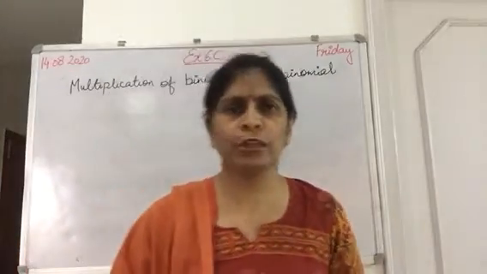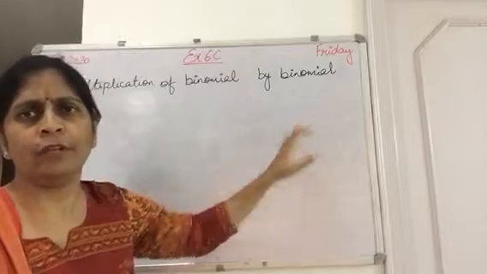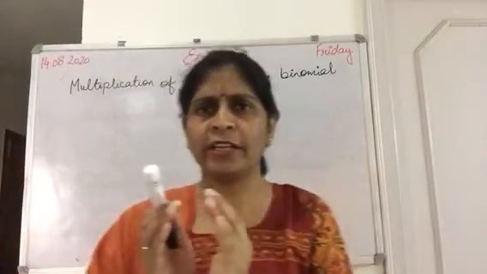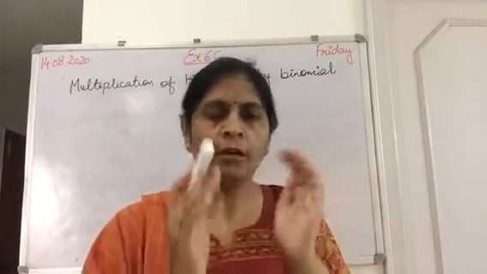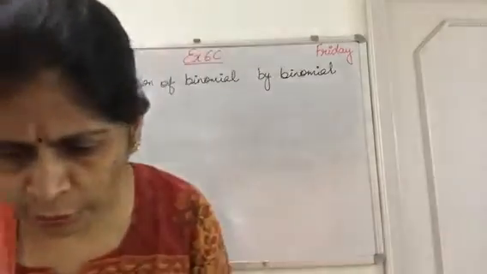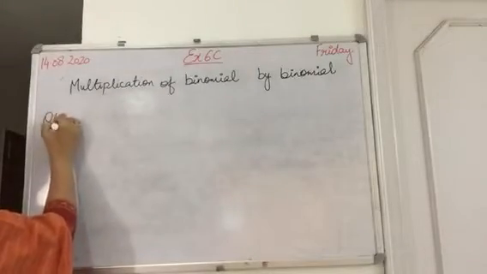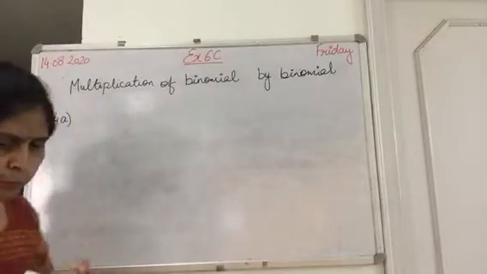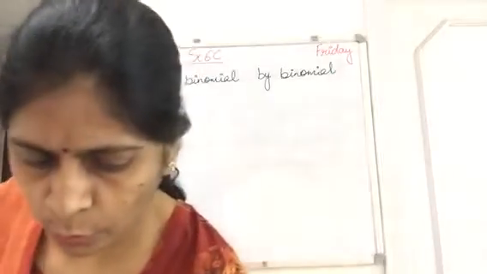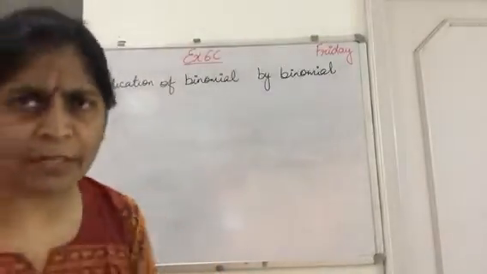Okay, now let's do the multiplication of binomial by binomial. Now you have two binomials which are written in brackets, one multiplied by another. You can see in your textbook question number 4, A part. Now I am writing with different markers so that you can know how to do it. A part is y plus 2